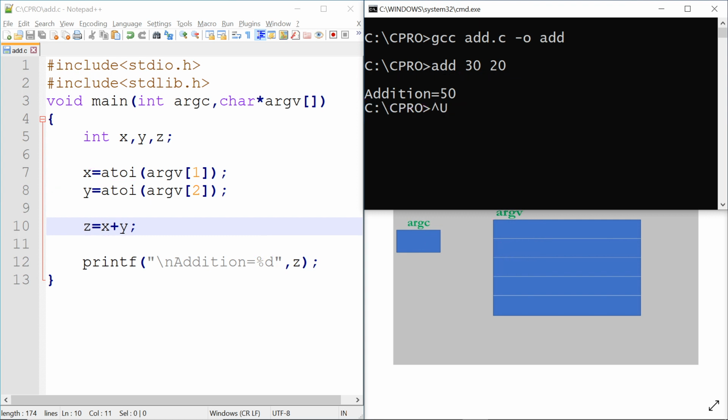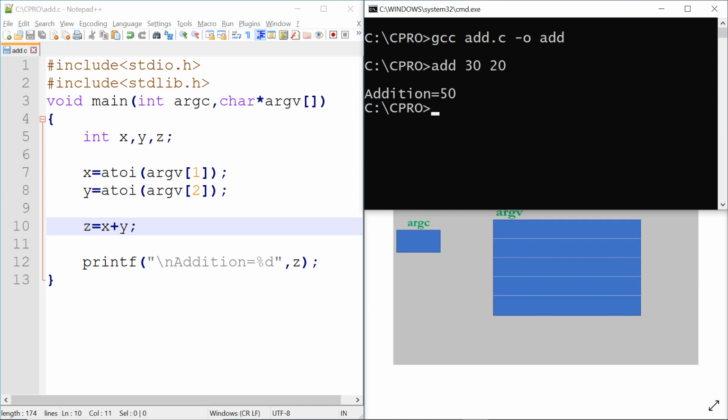Now in this program we will have to think about possibilities and make some improvement. First possibility, what if the user does not provide enough parameters, or second possibility, what if the user provides more parameters.